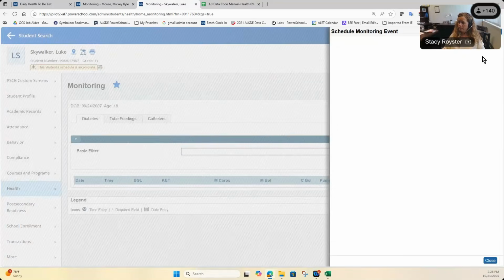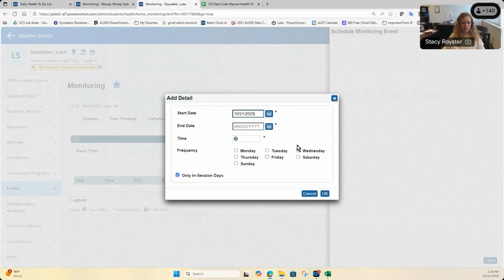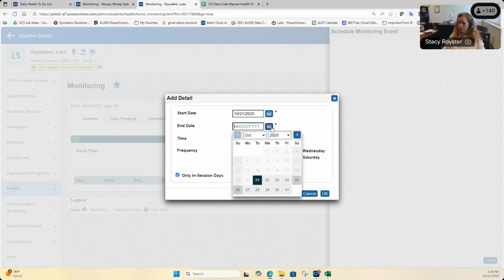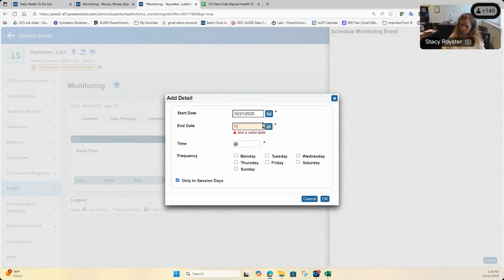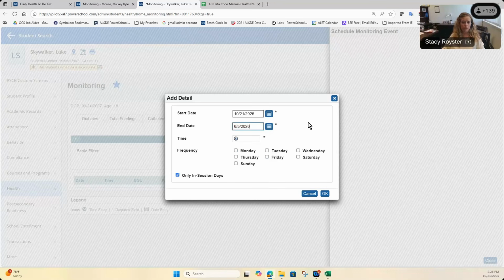If I click it from here, I can add my detail. So I'm going to say it's going to start on today's date because maybe Luke just enrolled with me today. And I'm going to do these through the end of school. So I can put 7/1/2026. Must be before 6/25. So I must have an end date on this student of 6/5 because it tells me I can't go past the end of my school year. So I'm going to start them now, and I'm going to do these monitoring events for the entire school year. I can choose my time. So let's say that it is at 8:30 in the morning. I have to do this